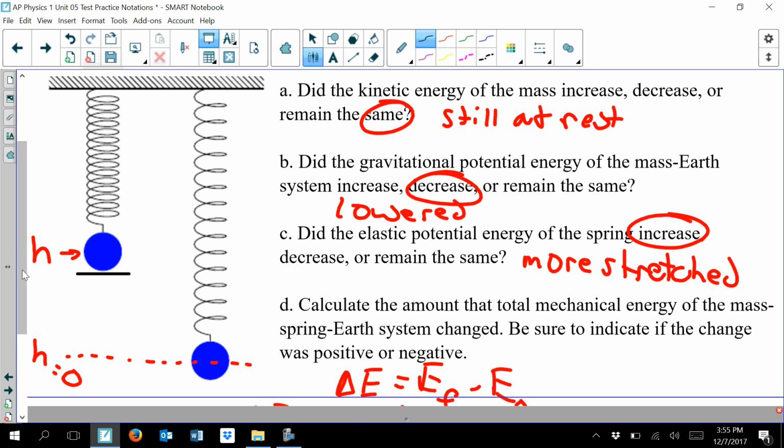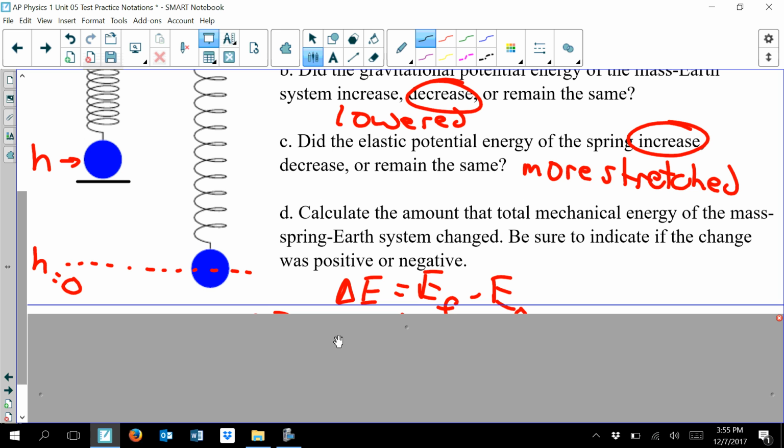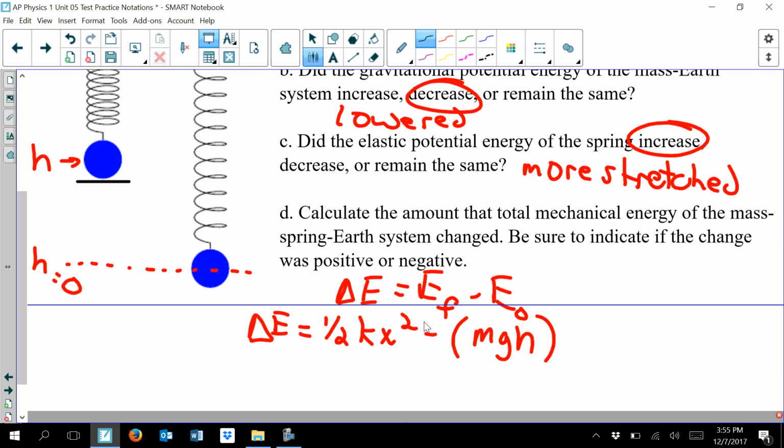And if we calculate the total change in energy, if we call this height 0, at the end we just have some potential spring energy. And then at the beginning, if we call this the equilibrium position, we just have some gravitational potential energy. And that x and the height are actually the exact same value, so you could use that exact same